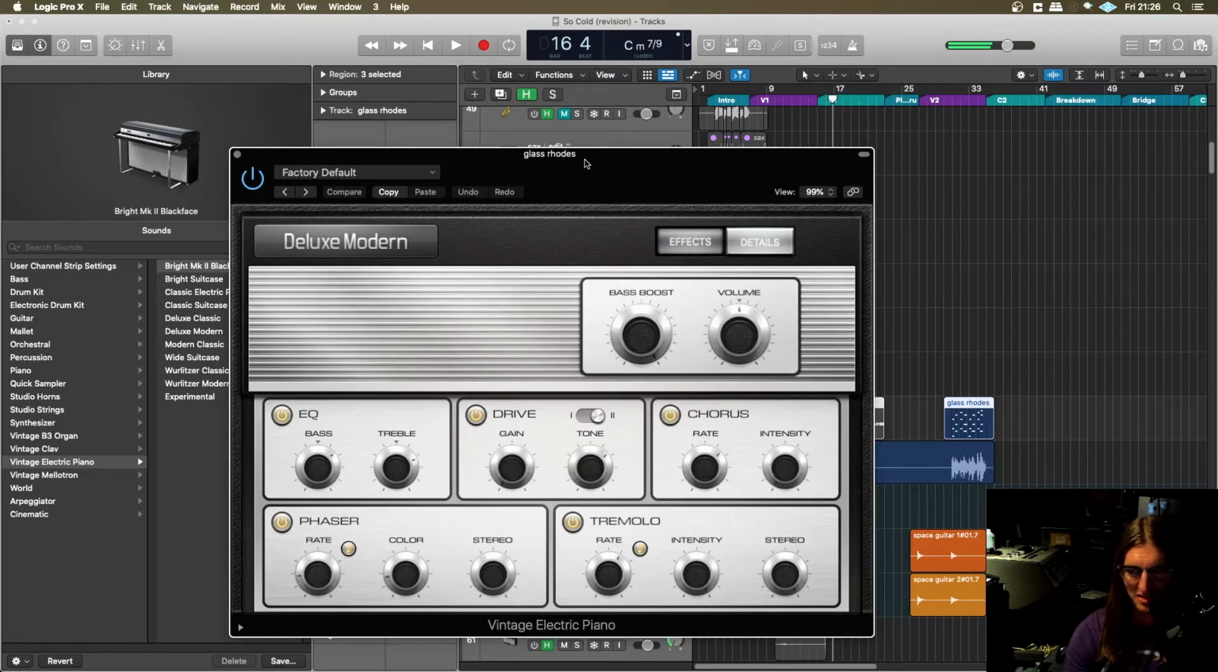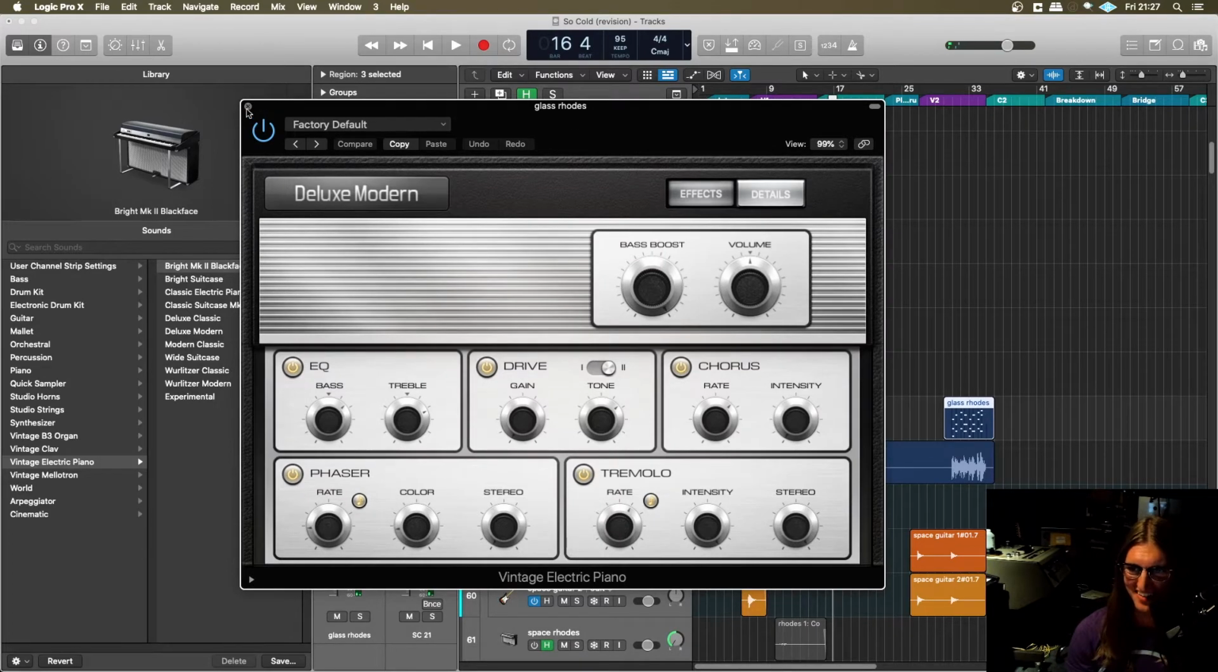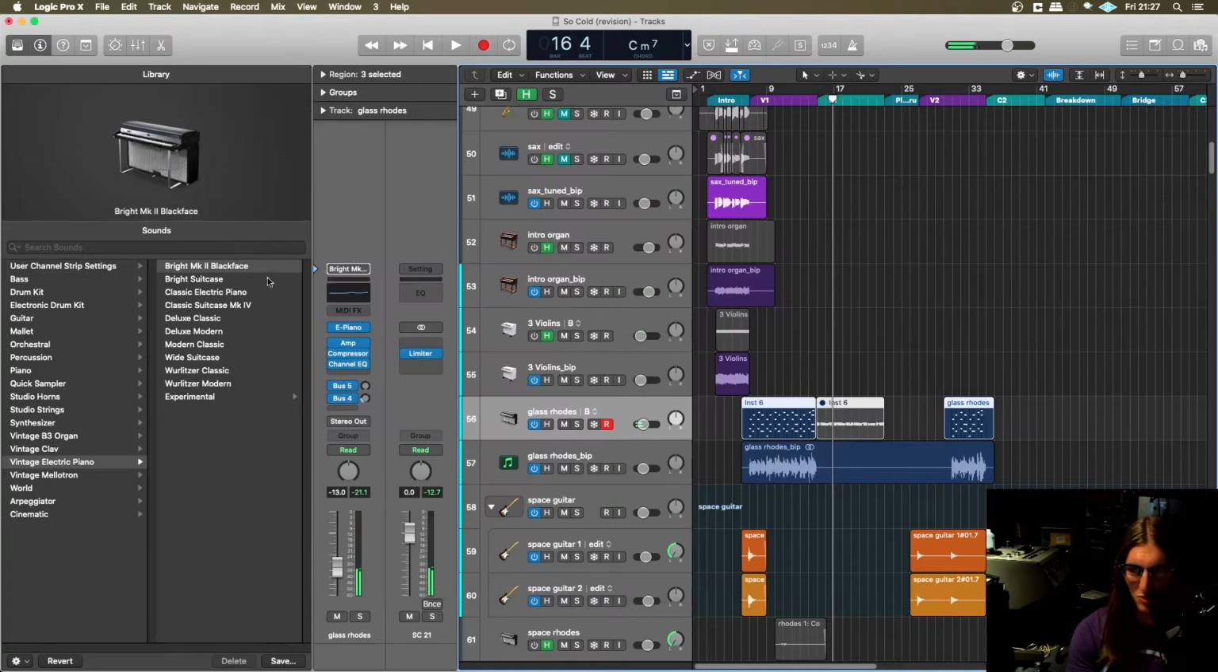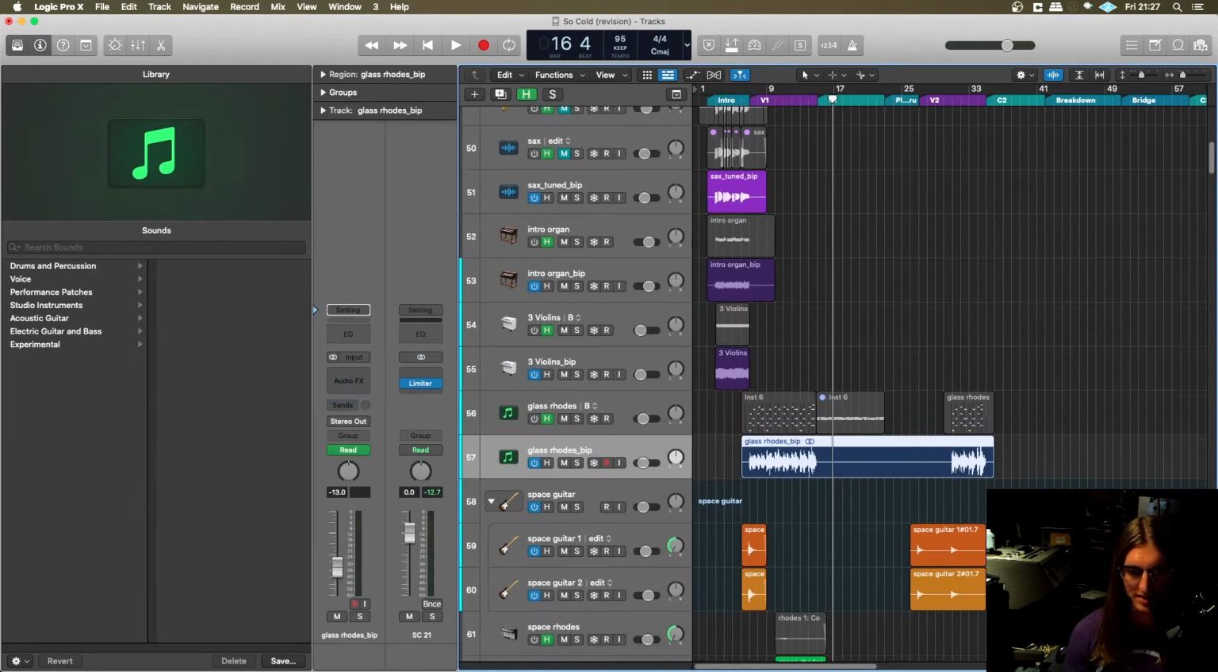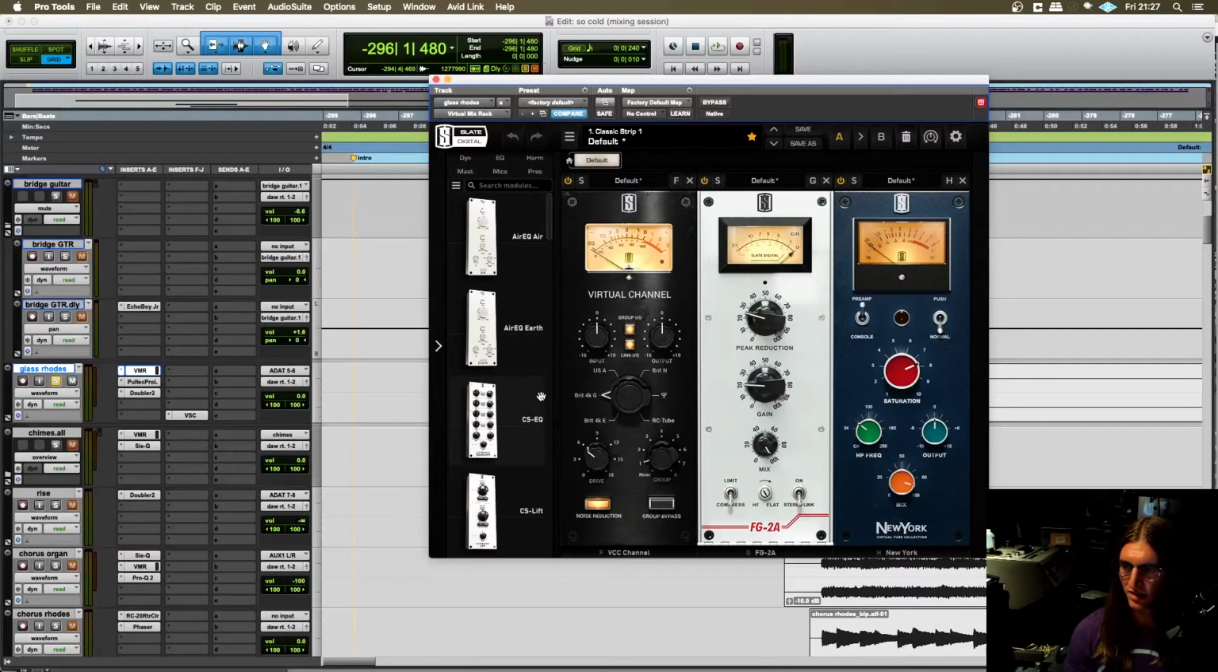It just sounds so good. So even though I've got the real Rhodes in the other room there, this really gets the job done. It's so warm. And what I did with this to make it sound even creamier and warmer, which I'm definitely trying to go for here,